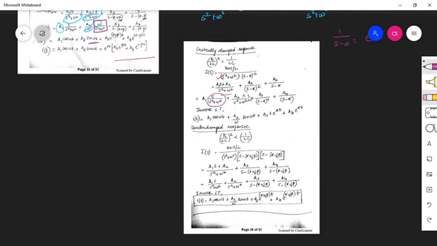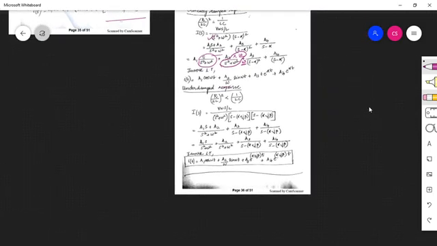Here we will multiply and divide by omega. So omega by s square plus omega square becomes sin omega t, and this omega gets retained. The third term is t e power at, and the fourth term is e power at. Finally, the underdamped response, where (R by 2L) the whole square is less than 1 by LC.